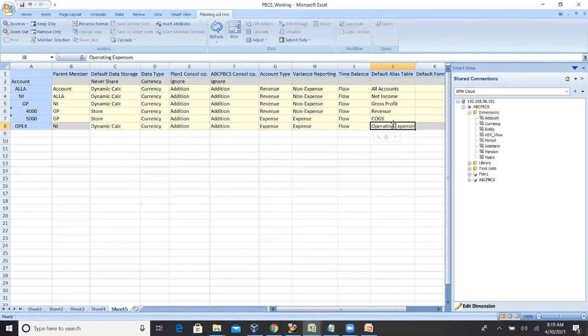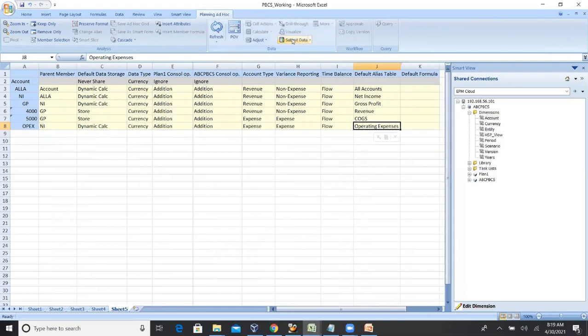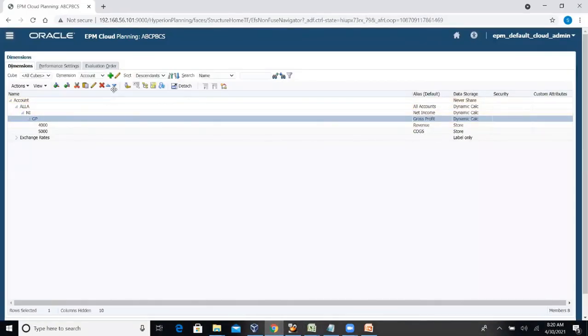I have selected this. The first time, we need to select under this parent directly. We can load it. Just click on submit. It's loaded. It's already loaded. Go to the PBCS application and just click here. OPEX comes here. You understand? Instead of selecting everything, just one click, we will do it.